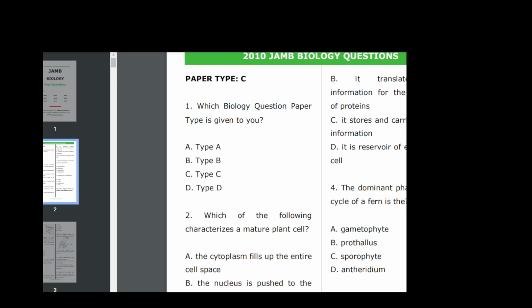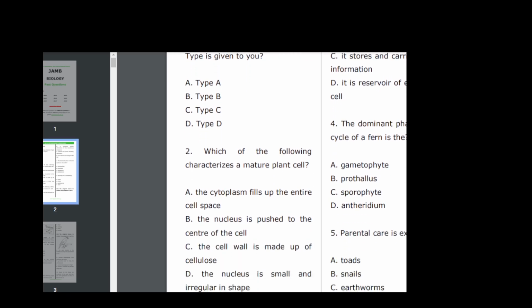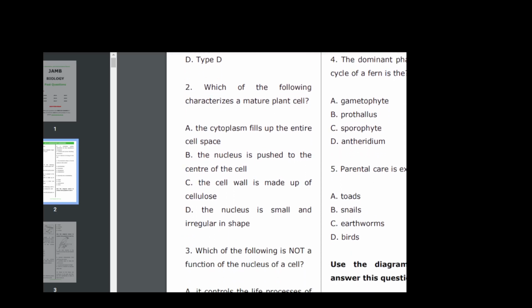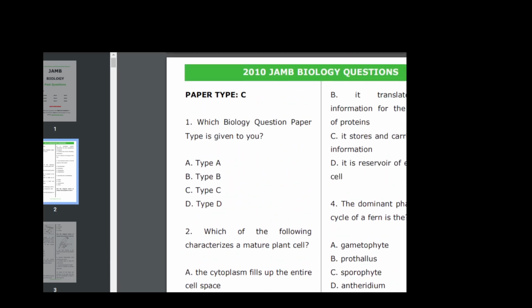spell out the one that is not the function of the nucleus in a cell. So yes, the nucleus is responsible for controlling the life processes of the cell. It is also responsible for translating the genetic information for the manufacture of proteins. It stores and carries hereditary information. The only thing that the nucleus does not do is serve as a reservoir of energy for the cell. That is the function of the